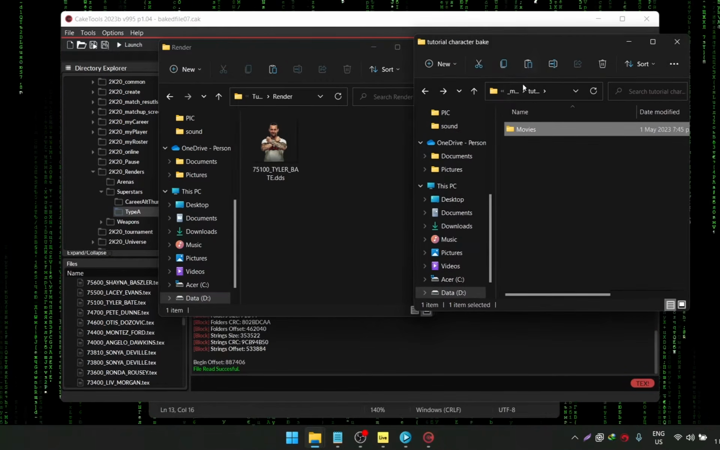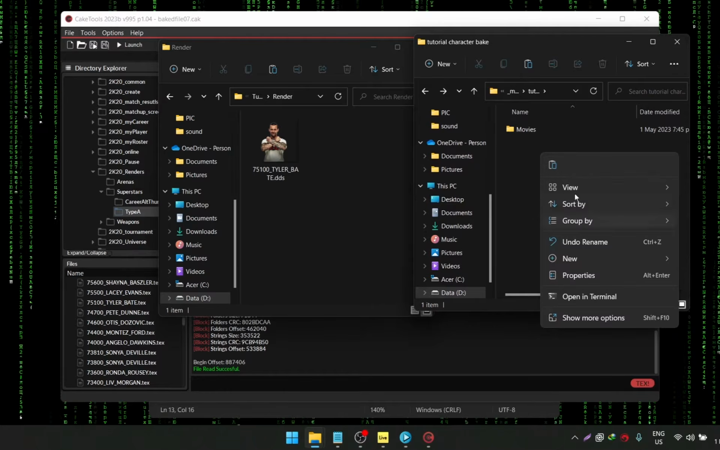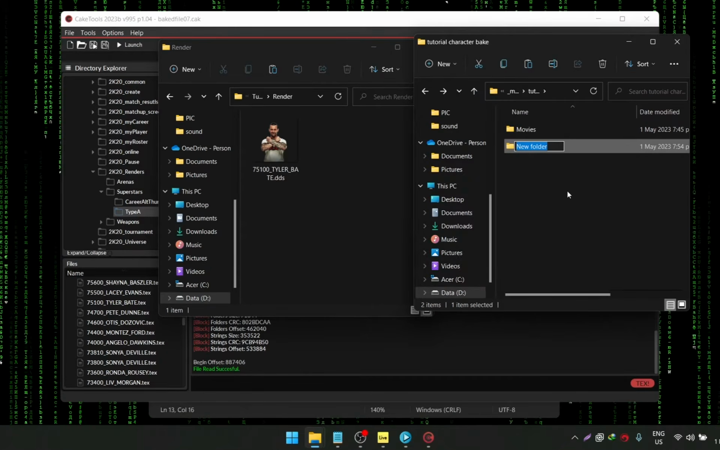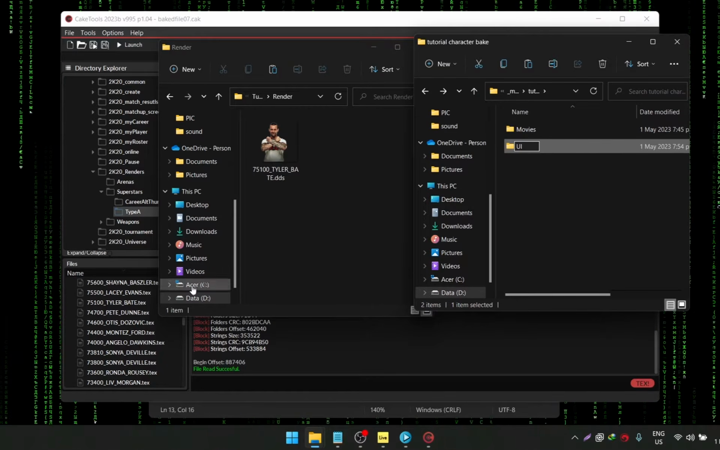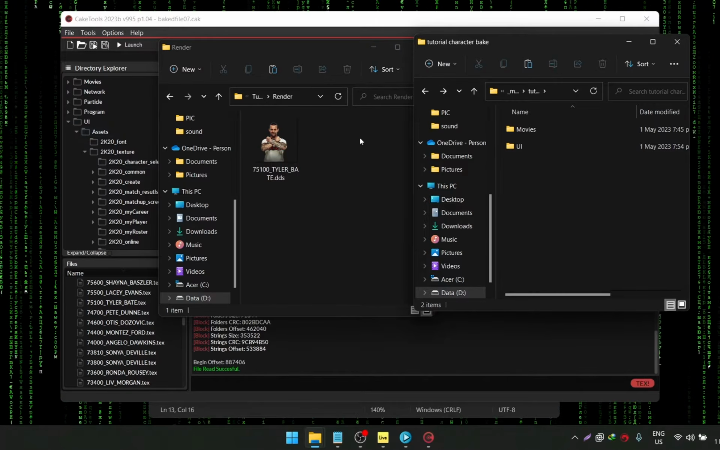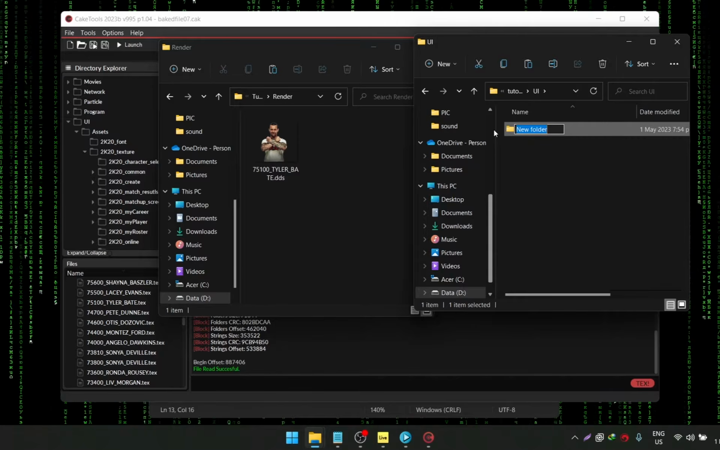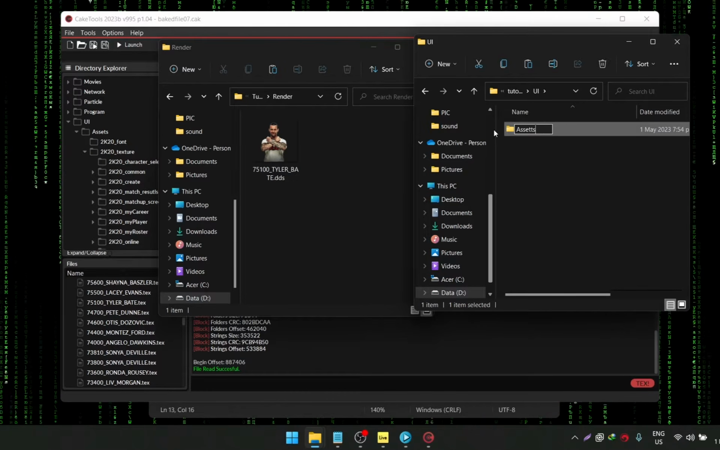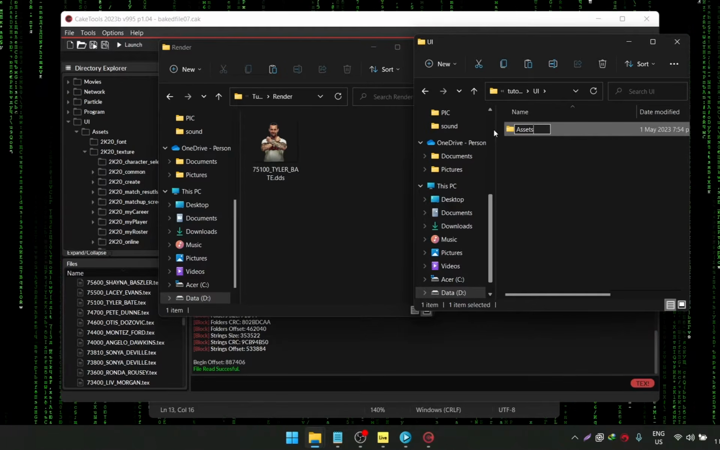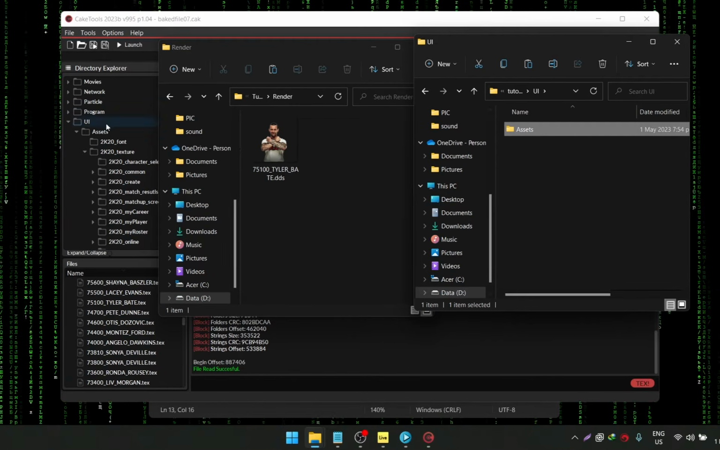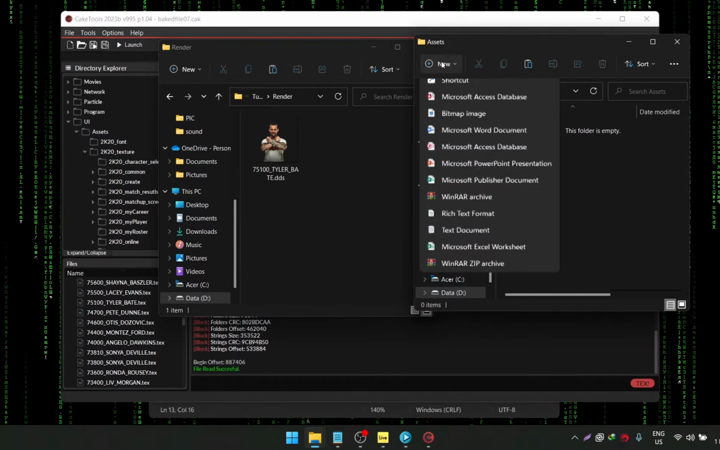Now you're gonna need to go into your bake folder. You're gonna create a new folder here, and you're gonna need to name it UI. You're gonna follow this directory, this one. So UI and then another folder. This is very tedious, this part, because there are a lot of directories or a lot of folders involved. So assets and then another folder,